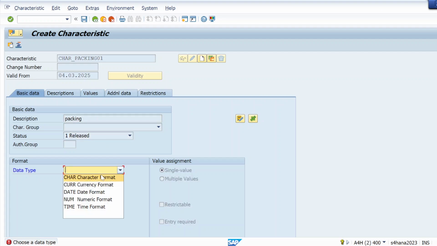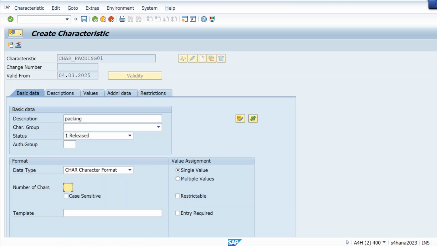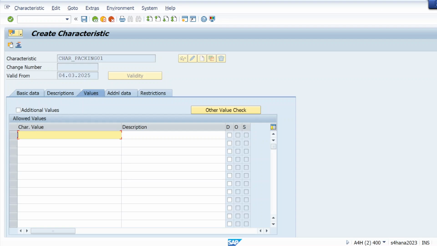Here again, we just require the characteristic format, and the number of characters, like 4. We can also give 5, 6, but here I'm just giving 4. Let me go to value, and let me give one, like summer.